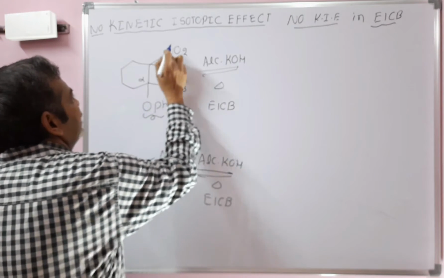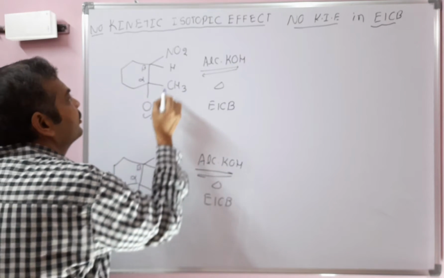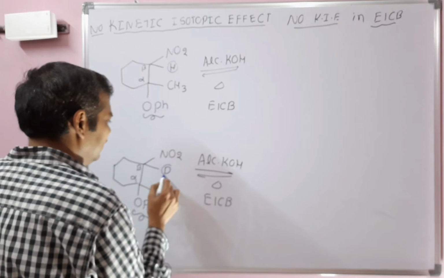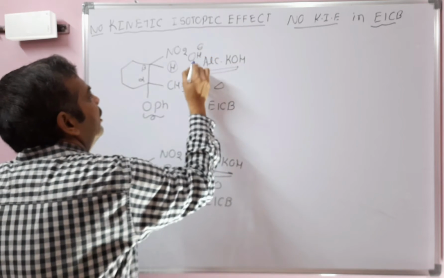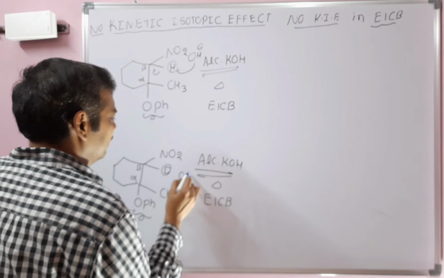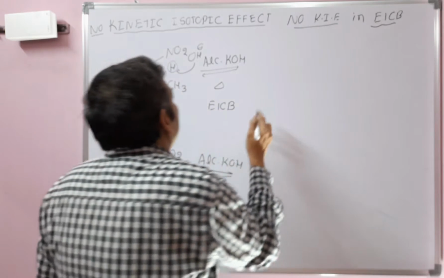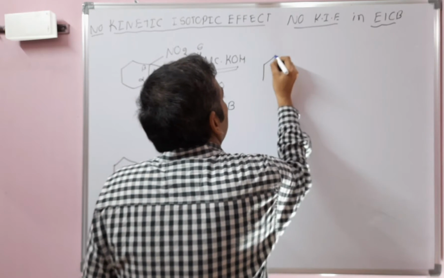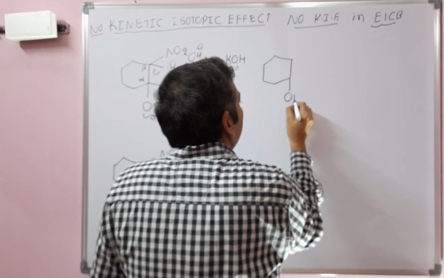Why? Because the hydrogen is attached to a carbon attached to an electron withdrawing group. So this is an acidic hydrogen, acidic deuterium. OH minus will abstract a proton at the beta carbon to give a carbanion. Here OH minus will abstract a deuterium to give a carbanion. First I will write here OH minus will abstract a proton at the beta carbon to give, with a poor leaving group,